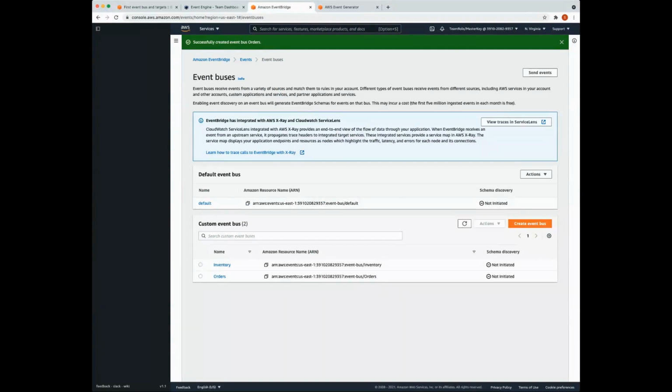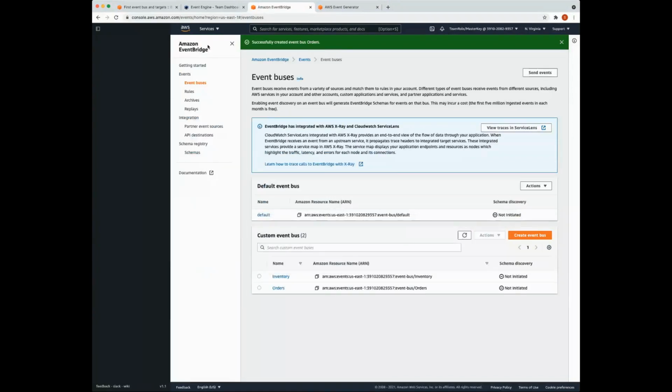So the next thing we're going to do is create a CloudWatch target. Now, this target, as we discussed before, is going to actually receive an event and process it in some way, or it may just list the contents of the event. So in the left navigation pane, it might be closed for you.